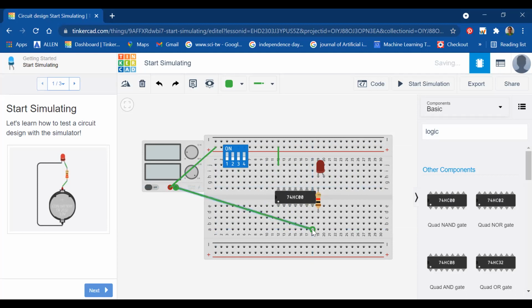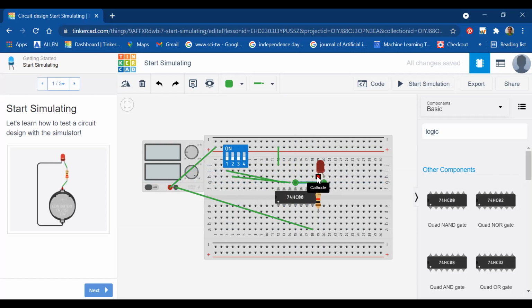You have to give here. Now I have already given this, my pin number 14, that is to be connected to the VCC. So I have connected it to plus 5 volts. Now this 13th pin is my input. So from this switch, I am going to connect pin number 1 to 13 and 14 to this 2. And the output of this will be going towards the anode, right?